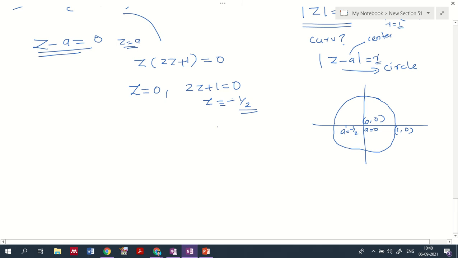So in this case we'll say that this representation here, we have to use Cauchy's integral theorem. So by using Cauchy's integral theorem,